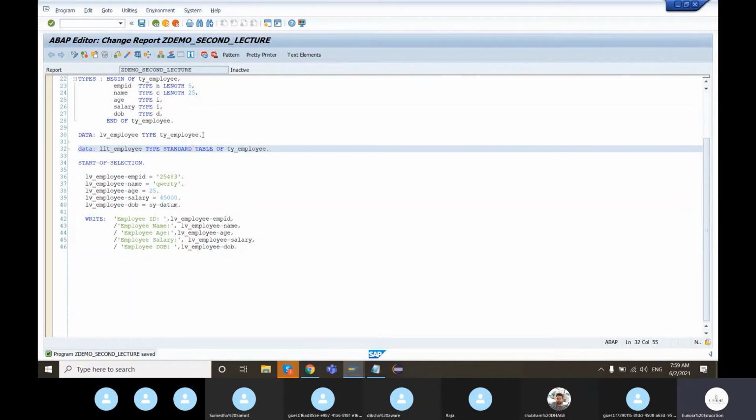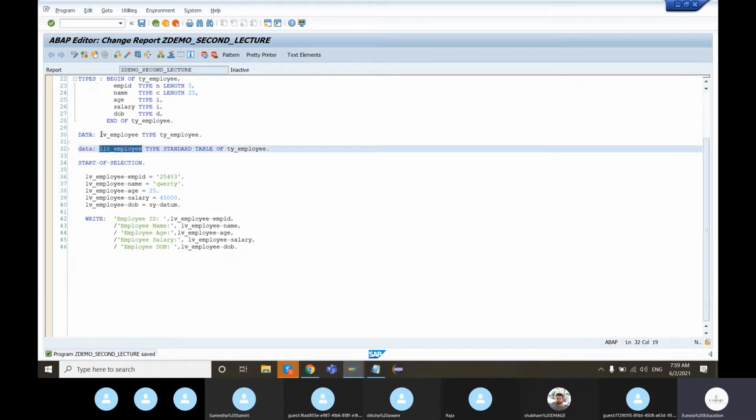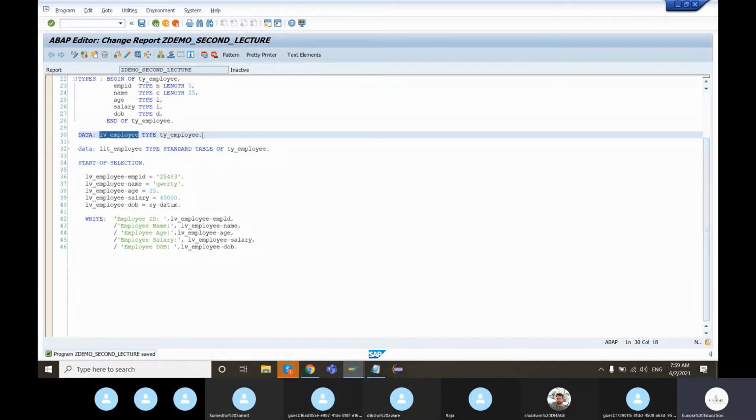So the main difference between the data object lv_employee and the data object lit_employee is that lv_employee will be able to hold data for a single employee only.